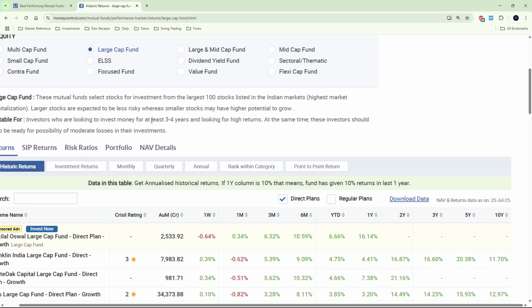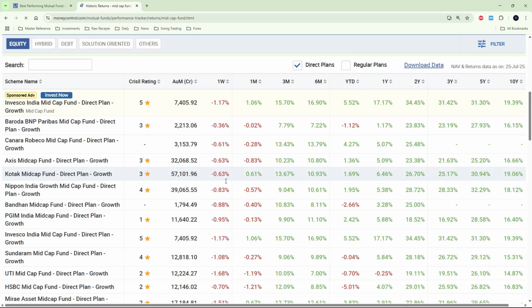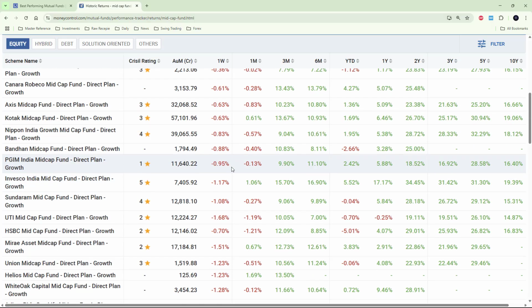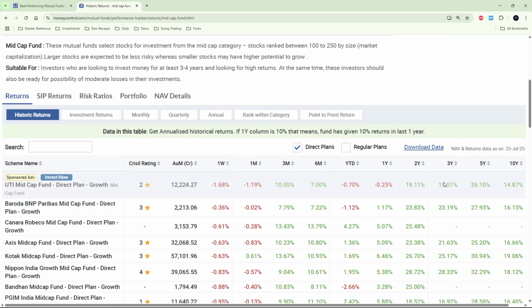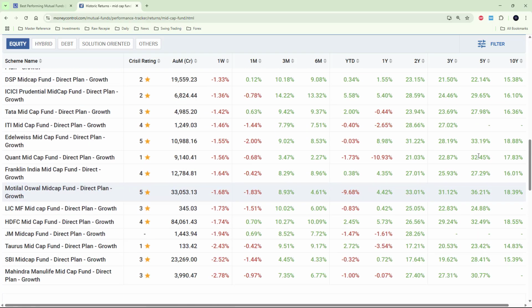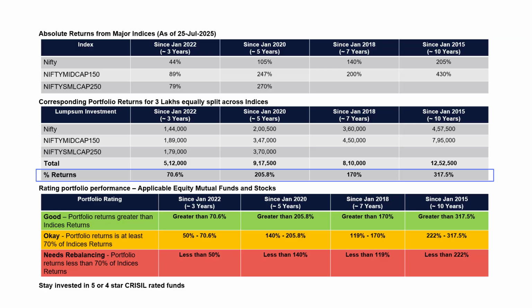So this is on large cap funds. The same would be applicable for mid cap funds as well. This is the list of all the mid cap funds, from the top rated fund to the bottom rated fund. On a longer term basis, 2 years and above, there is not even a single red, which means not even a single fund among the entire list has given a negative return on a longer term basis. So it makes perfect sense to measure the performance of a mutual fund in your portfolio